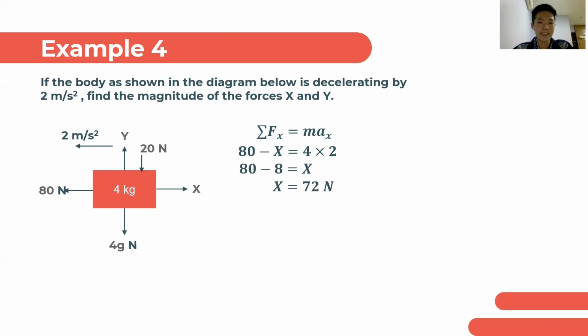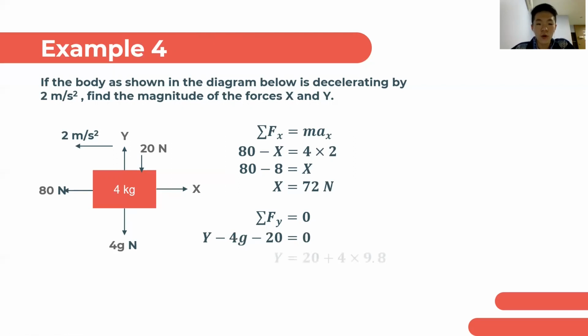And then in the y-axis, sigma Fy equals 0. So we have an upward force of y newtons, and downward forces of 20 and 4g. So y minus 4g minus 20 equals 0. Transposing negative 4g and negative 20 to the right side gives us y equals 4g plus 20, which is